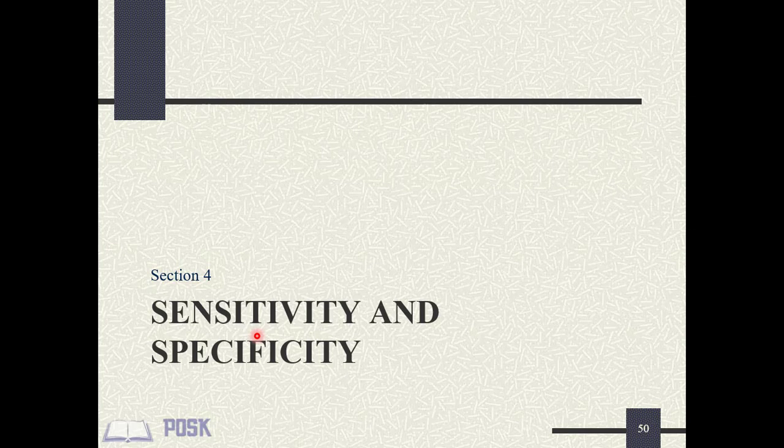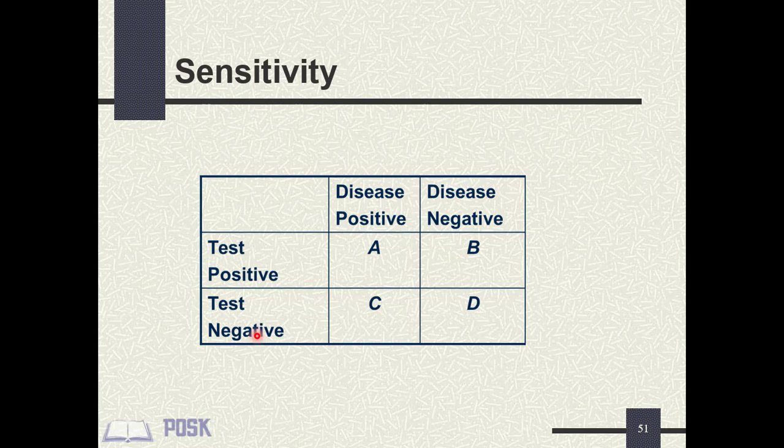Sensitivity and specificity are terms used to evaluate a clinical test. They are used when you want to compare a new diagnostic or screening test to an established test that is usually referred to as the gold standard. What is sensitivity? Sensitivity is the ability of a test to identify correctly individuals who are affected by the disease. It is the proportion of people testing positive among affected individuals.